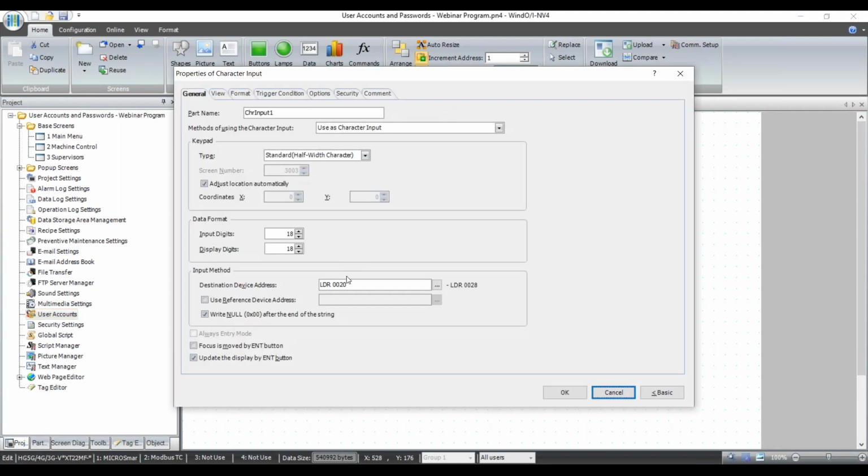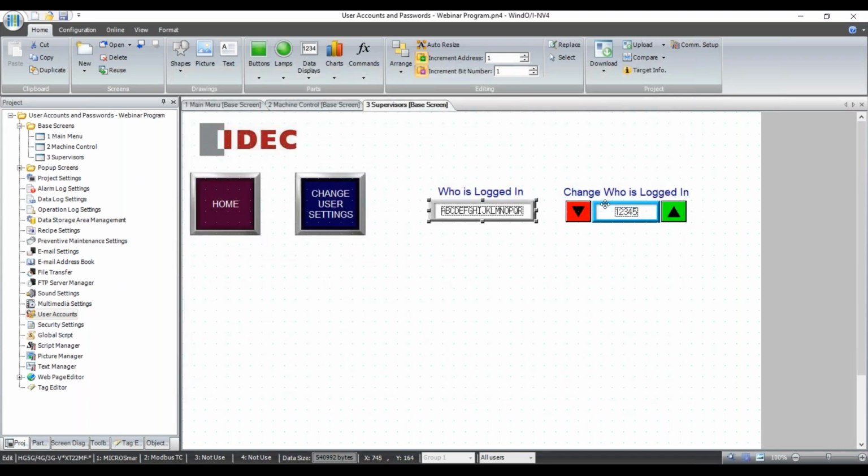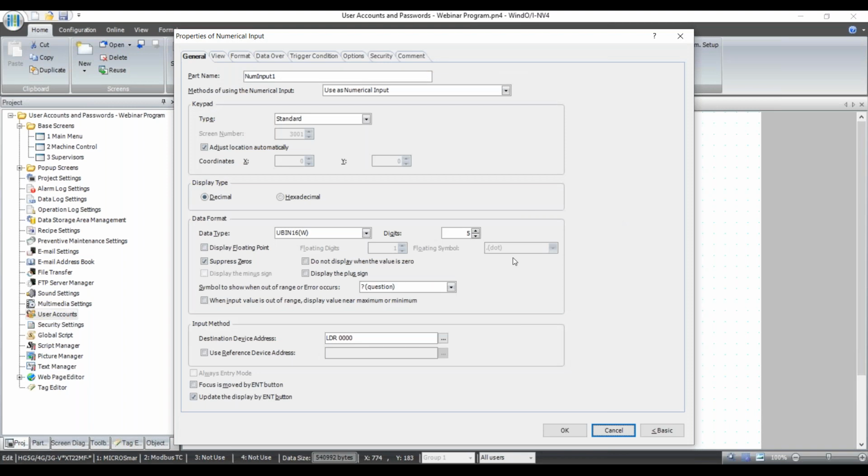So that's what this is, LDR20. I'm just going to show the characters. I'm going to show who's logged in right there. Now, these objects over here allow me to change who is logged into the system. Okay, again,